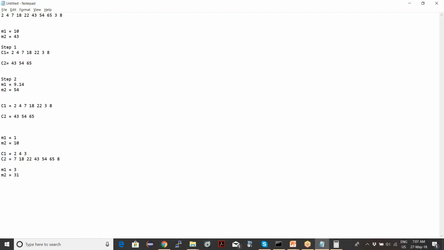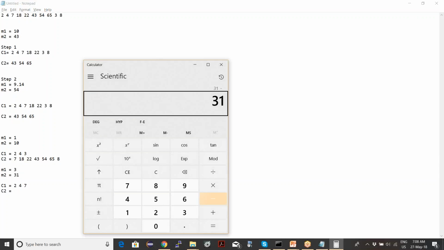Can someone else validate? Right. So now what would be the new clusters based on these new cluster centers? So 2 will be here, 4 would be here. Now 7 would move from cluster 2 to cluster 1. 18, okay, 31 minus 18 is 13.